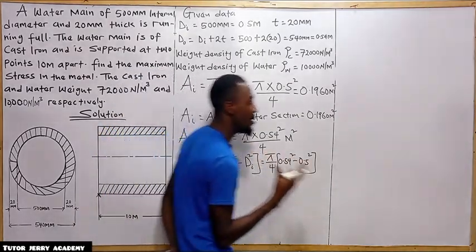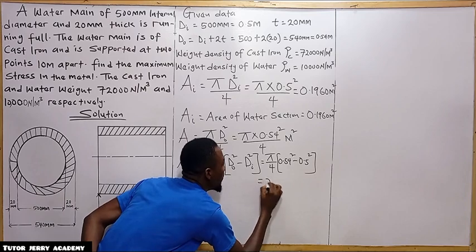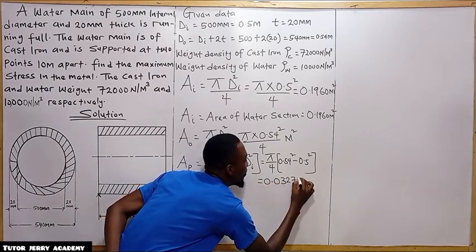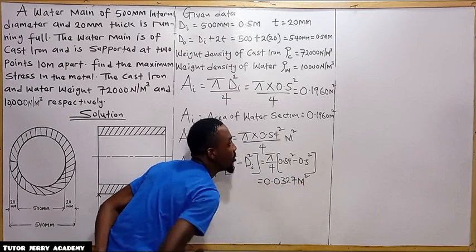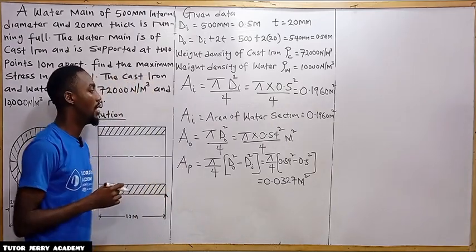0.0357, 0.02, sorry, 0.0327 meter squared. So this is what we are going to have. All right, and